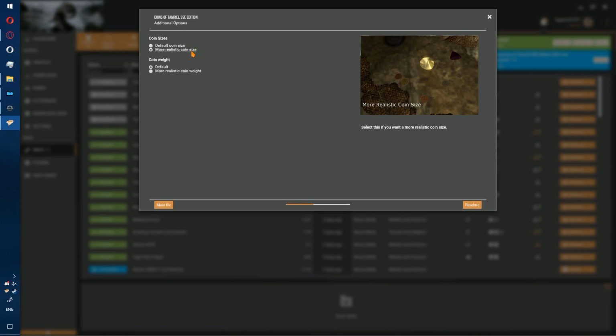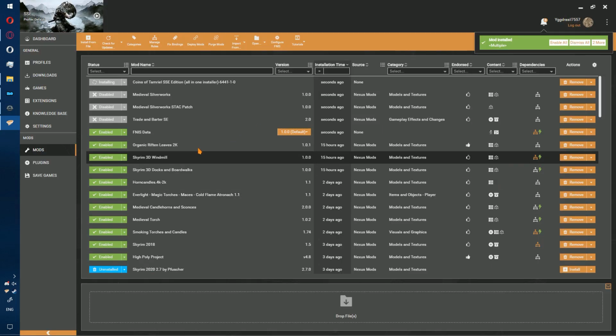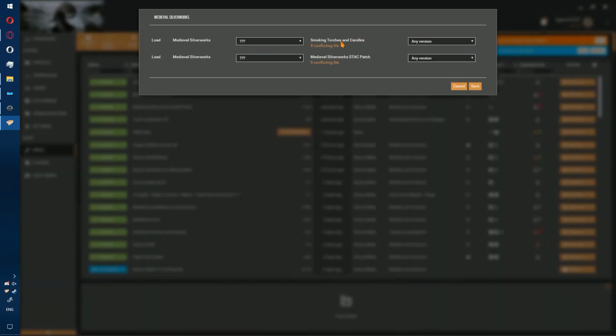I also recommend more realistic coin size. The weight is up to you. I believe it does add a plugin. Readme and finish. Enable all. Medieval Silverworks will have conflicts. So, first of all,